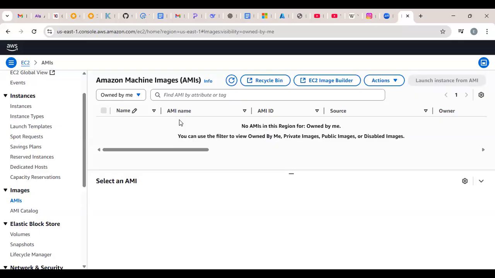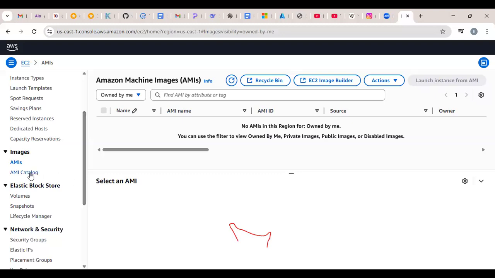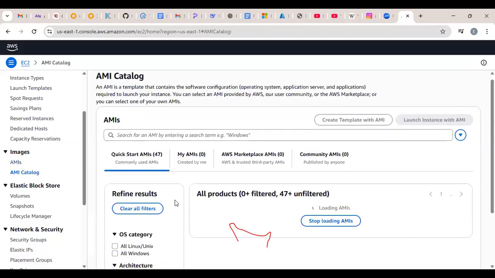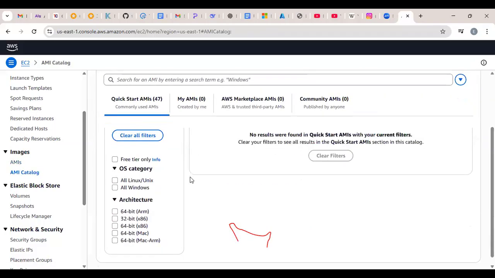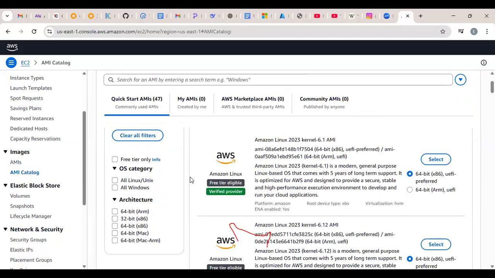However, the only downside of this for storage is that it is not dynamic. You just take the copy of the server at that point. So it's not dynamic per se. But people still use it to create replicas of the server if they want to use it for any other thing. There's AMI catalogs, the catalog of different AMIs that you need to use. So there are already custom AMIs which we are going to